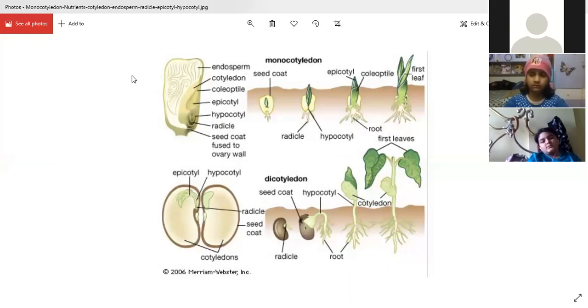Now what is that? It is a type of seed which has a single plant in it. ठीक है, and then your dicotyledon, it is a type of seed that has dual plants in it. वो वाले सीड जिसके अंदर एक प्लांट होता है उसको हम मोनोकोटिलिडन कहते हैं, और वो सीड जिसके अंदर दो प्लांट्स होते हैं उसको हम डाइकोटिलिडन कहते हैं, ठीक है। These are basically the baby plant that emerges in the seeds. It is also known as embryo, ठीक है ना।